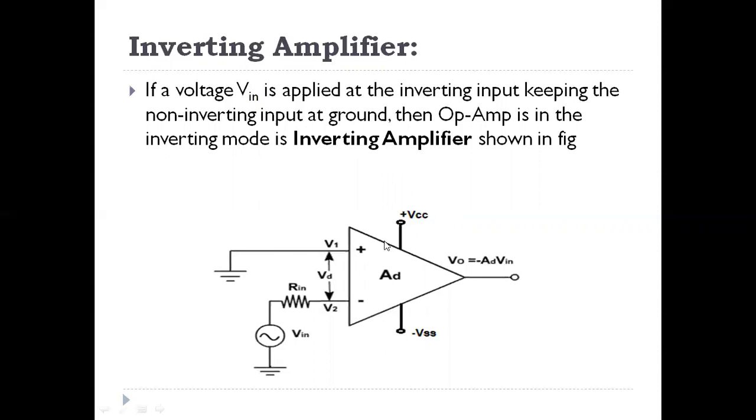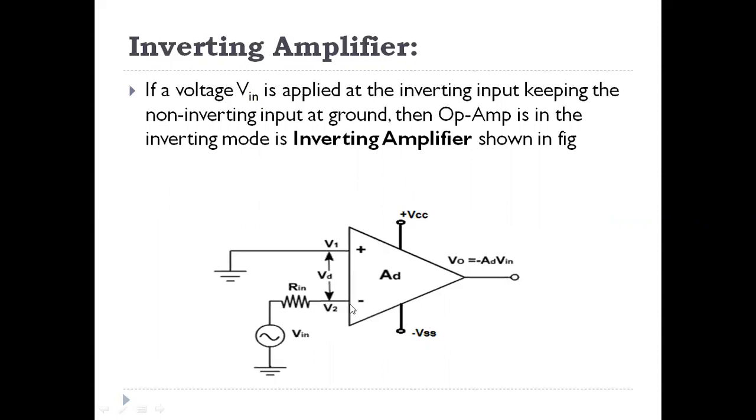So already we know the op-amp consists of mainly two input terminals. One is the inverting input terminal, another one is the non-inverting input terminal. Plus sign represents the non-inverting input terminal, minus sign represents the inverting input terminal. And this is the structure of a basic op-amp. These two terminals represent the positive power supply and negative power supply, and this is the output terminal. So basically, we are giving two inputs to the op-amp.